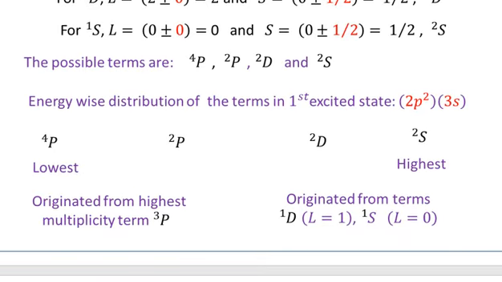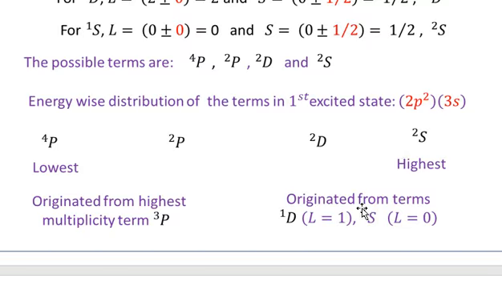And you know that these two terms, that is the 4P and the 2P terms, were obtained when the term 3p was combined with the 3s, with the orbital angular momentum of the 3s electrons. Since this 3p has the highest energy, all the corresponding terms obtained using 3p will have the lowest energy. So 4P and 2P have the lowest energy, and out of these two terms, the 4P has the lowest value in energy. So I have arranged the 4P and 2P,